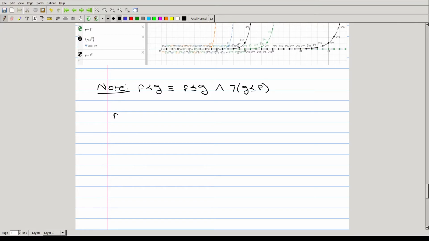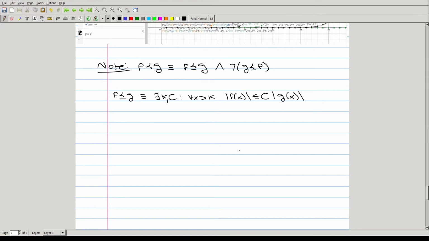So remember that f dominates g is the mathematical statement that there exists a k and a c such that for all x greater than k, the absolute value of f of x is less than or equal to c times the absolute value of g of x, which means that the negation of g dominates f